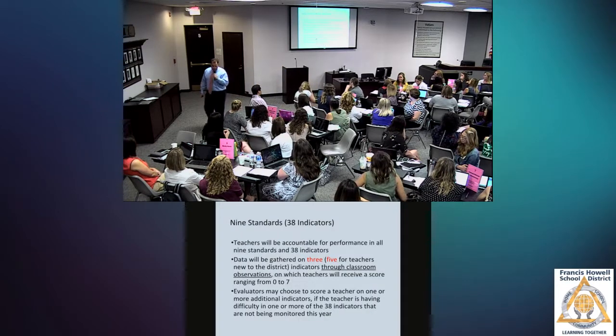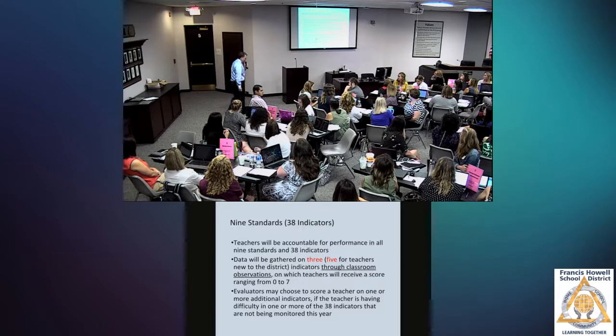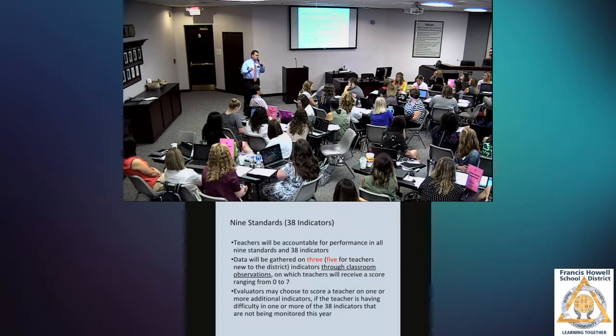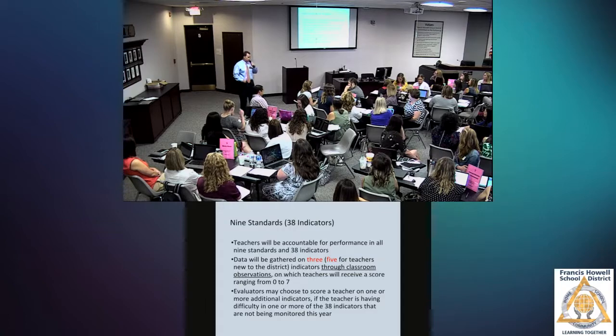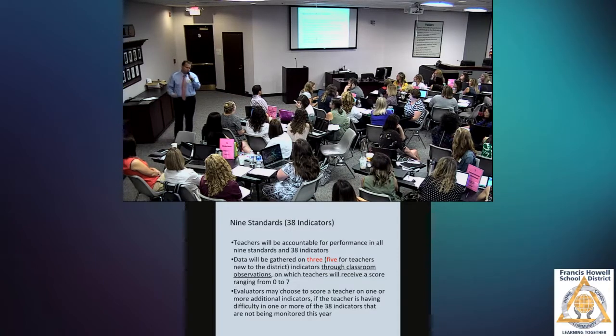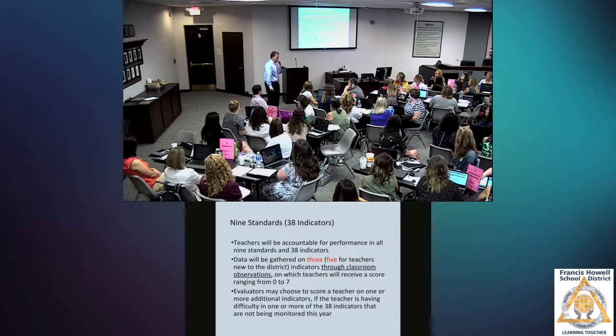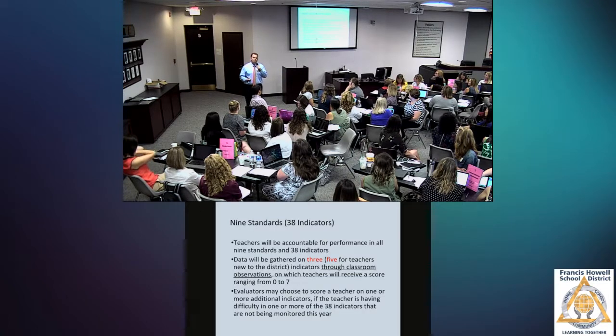So in Missouri, there are 9 standards and 38 indicators. In our NEE system, you will see 38 indicators. DESE only has 36, but NEE subdivides a couple of indicators. You will be evaluated after your first year on 3 indicators. In your first year, all teachers new to the district or brand new will have 5 indicators that you will be scored on, okay? The 2 additional ones focus on classroom management and things along those lines, just so that you can have some support if there are some areas of struggle.